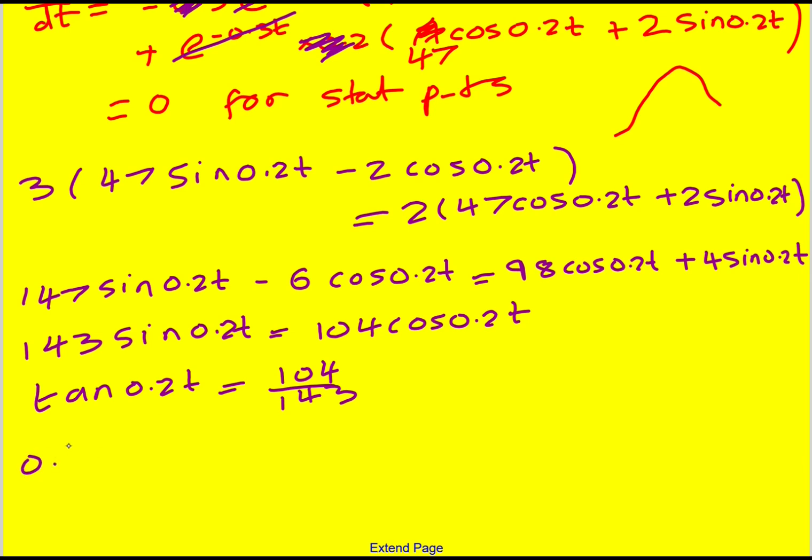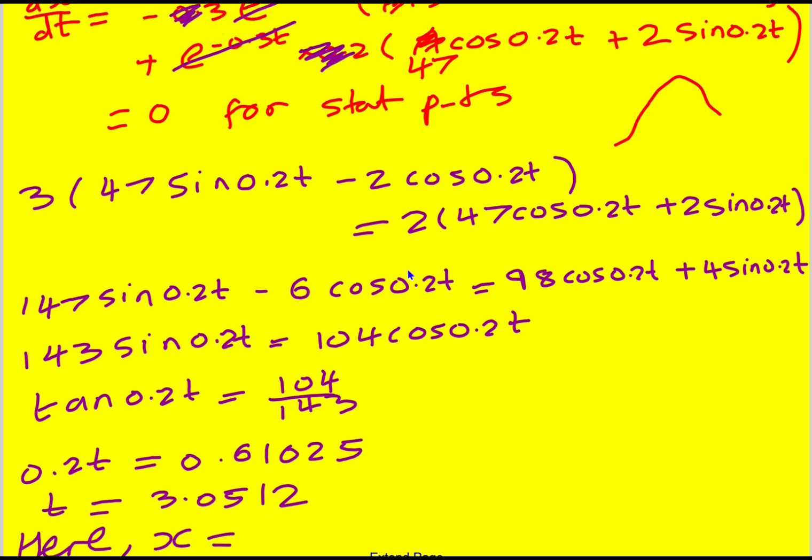And then let's do inverse tan. So 0.2t, working in radians, remember, ends up being 0.61025. And we want the first value here. Divide through by 0.2, t equals 3.0512. You can find more values and sub them in, but because it's a negative exponential, it's going to be getting smaller. That is our highest peak. And then here,